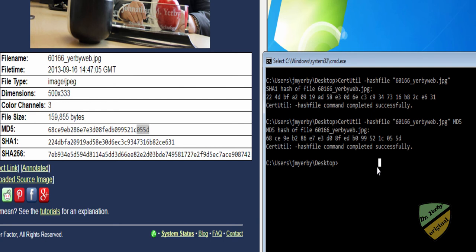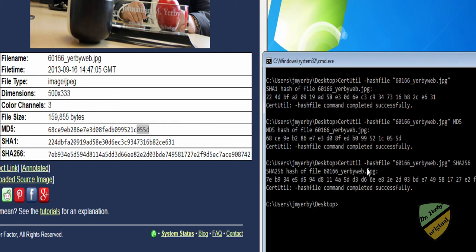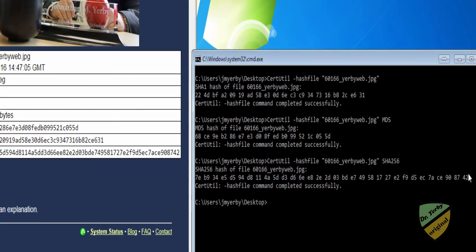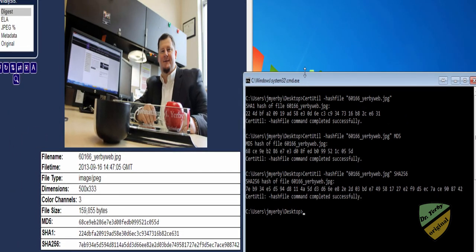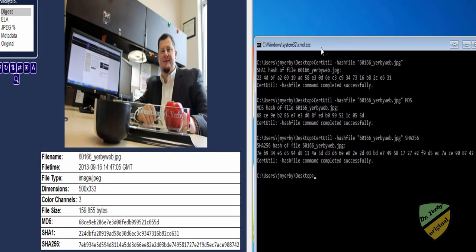And I believe CertUtil can also calculate the SHA-256. Let's give it a try real quick. SHA-256. Yep. So we see that hash value, so 70B9, right, we see here, and then it ends with 8742, 8742. So those are two different ways that you can calculate the hash value of a file, a folder,